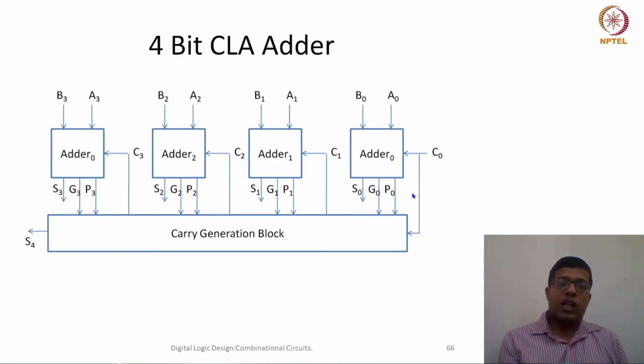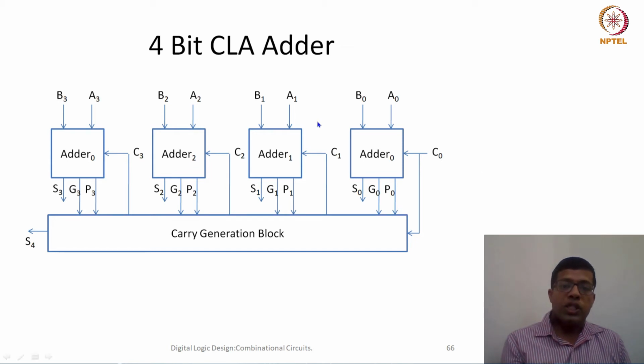Now let's try to see how it would be in terms of circuit. When I would like to design a CLA circuit, I will design an adder circuit in which I will modify it a little bit. I'll still have 3 inputs, carry in, Ai and Bi, but there are 3 outputs. One is sum, and the other 2 outputs are generate and propagate at any ith stage. Propagate would be Ai OR Bi, generate would be Ai AND Bi.